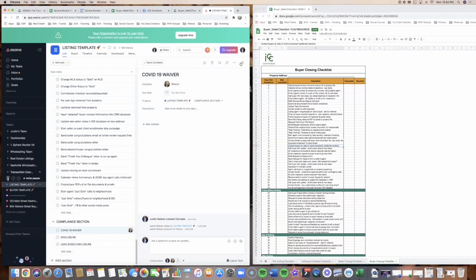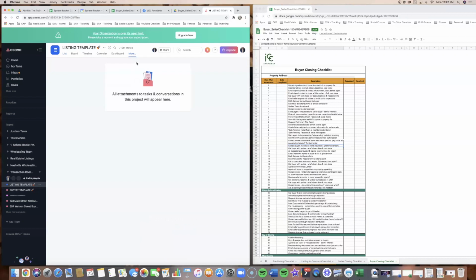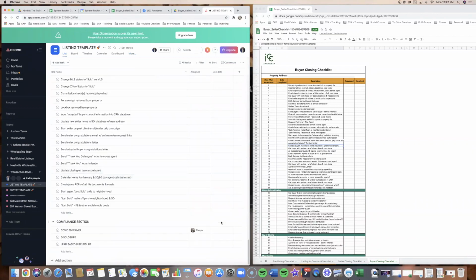And then what happens is at the end of your transaction, you can actually open up the files section, and this will have all of the files for the entire transaction all located within here. Now, a lot of us are already using DocuSign and Dotloop and all these different platforms. So I don't necessarily want to duplicate too many things, right? But you can either decide, I just need my VA to kind of let me know. So like if I was keeping everything in Dotloop or DocuSign and I just wanted them to check in here,